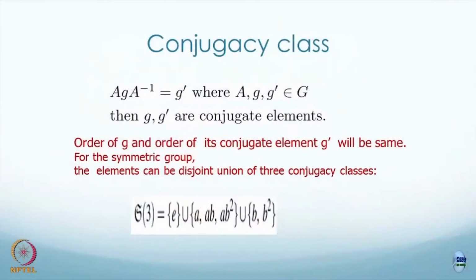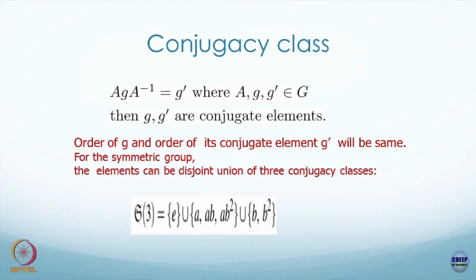So, this is what I put in here: the symmetric group which I was discussing, which is an order 6 group, can be treated like a disjoint union of conjugacy classes. The reason why I am stressing conjugacy classes is that we can work with one candidate within the conjugacy class. So, you do not need to work with all the 6 elements. Instead, we can take one candidate from every conjugacy class, and the number of conjugacy classes is very important.